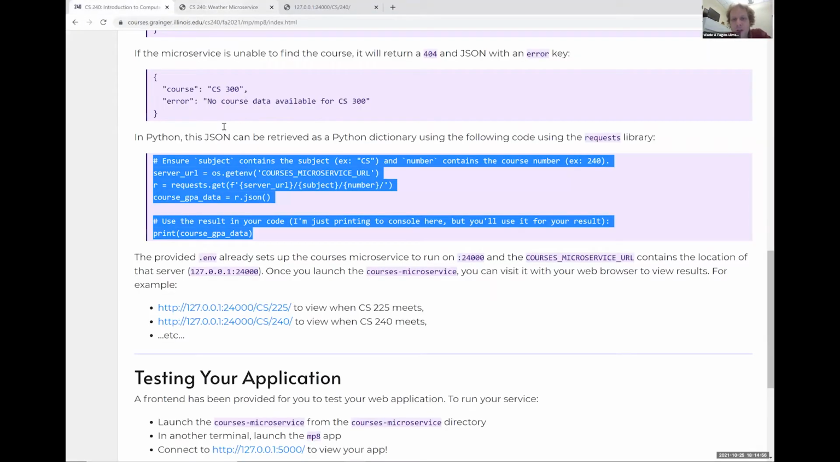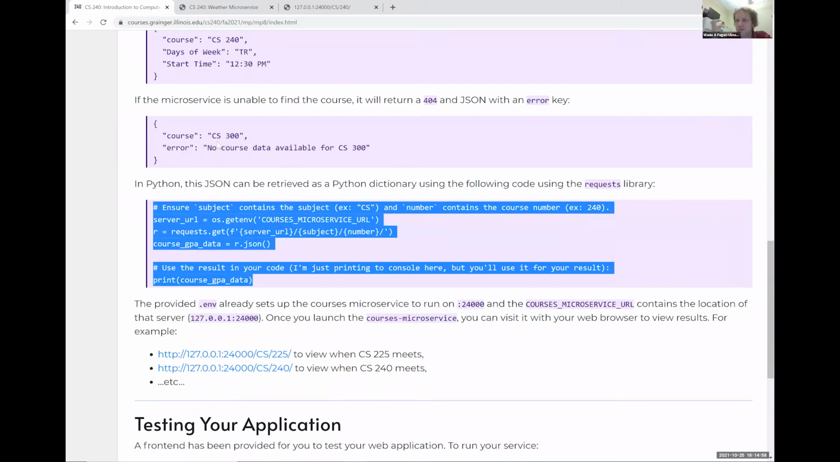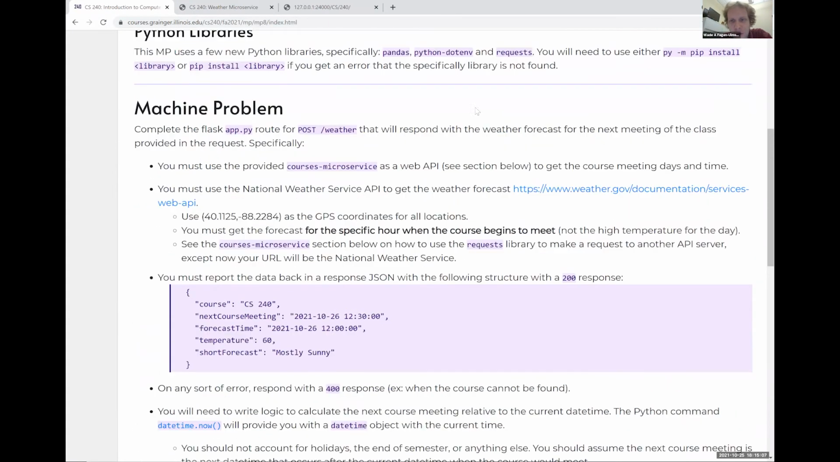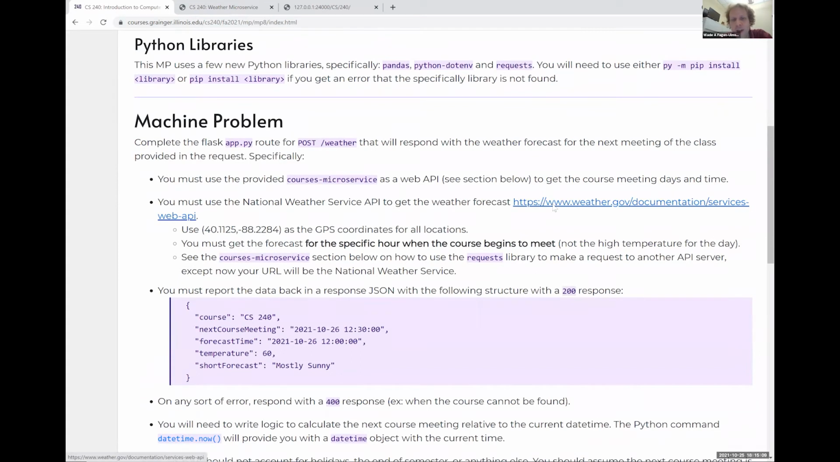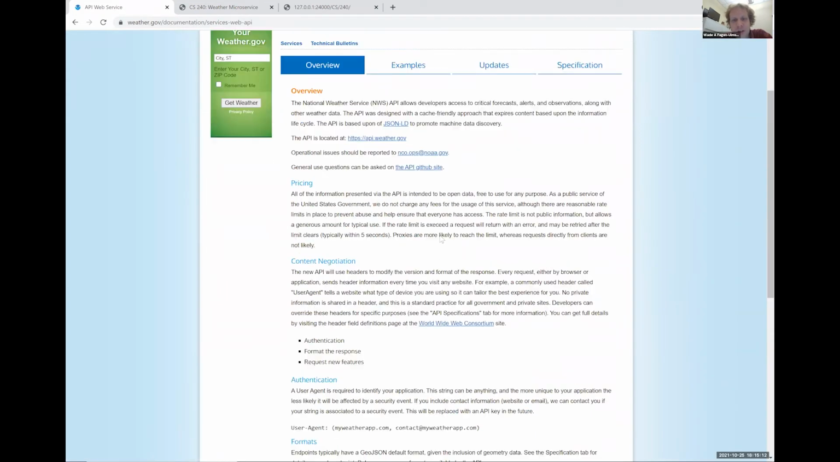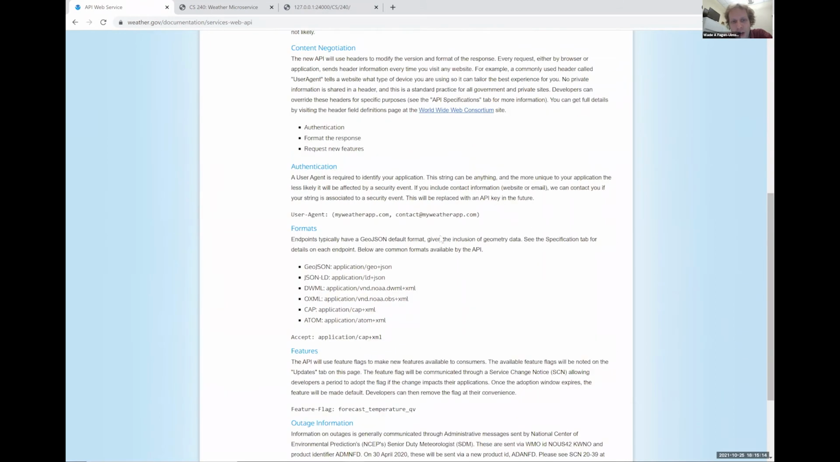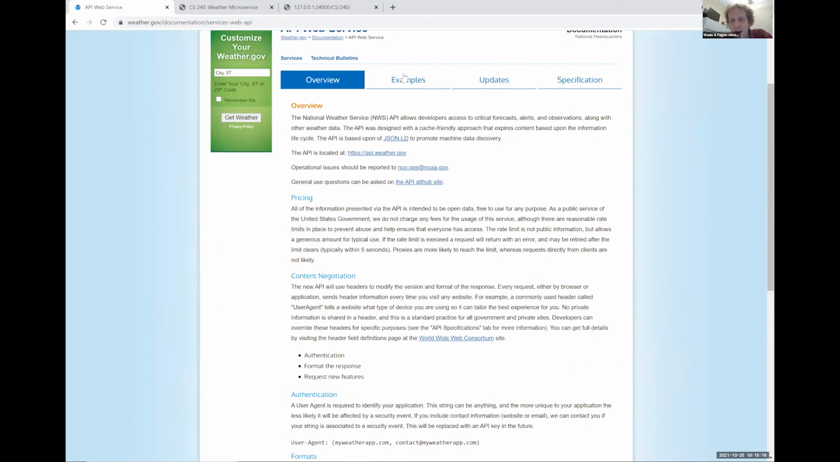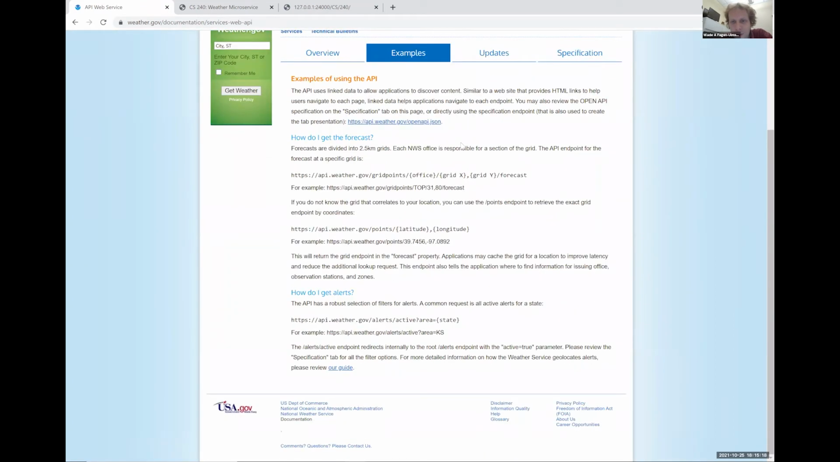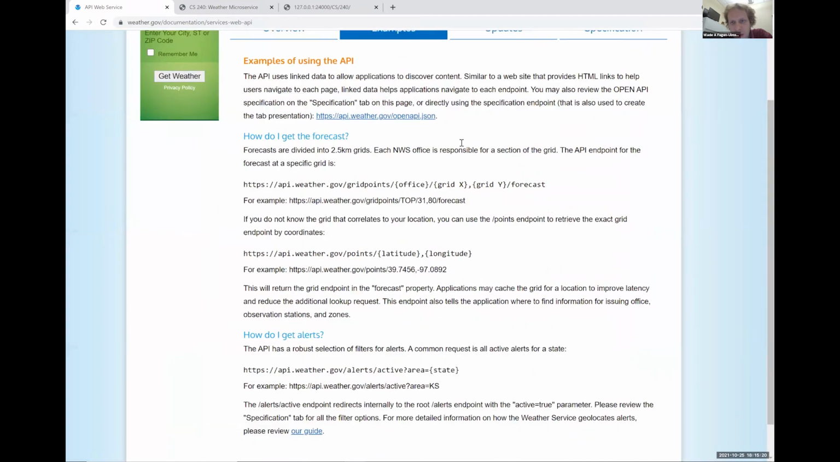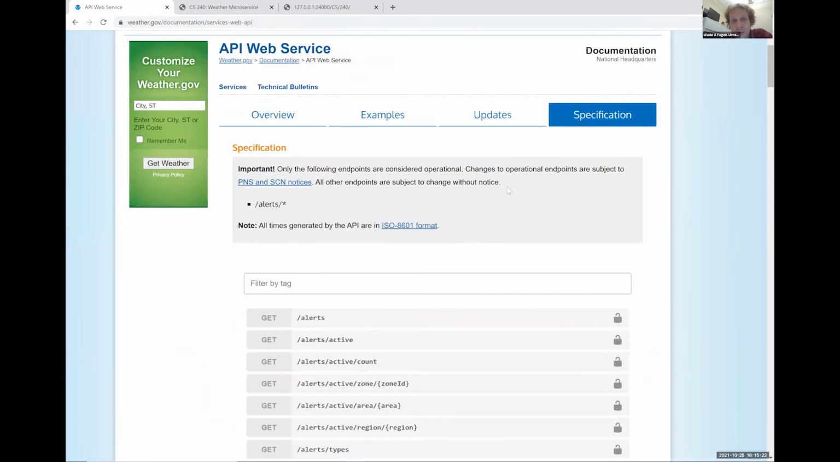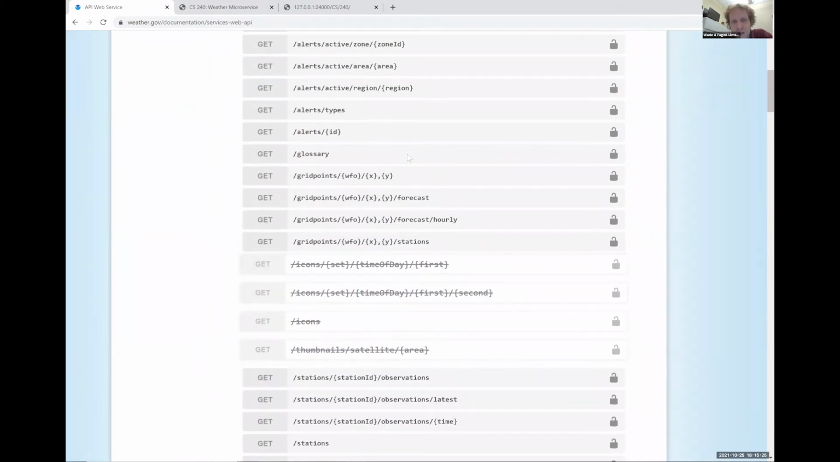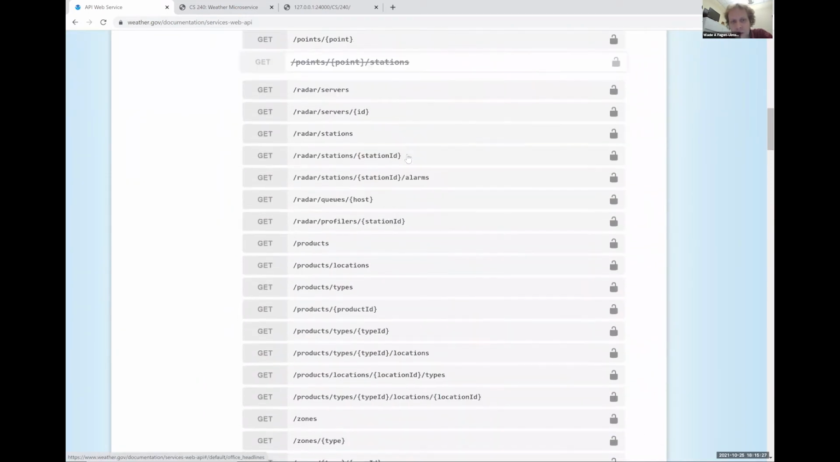What I really want you to do is first understand how these microservices work together. The fact you have to launch both these microservices, you have to have both of these things running. The second piece that you're going to work on is you're going to have to get the weather data from the National Weather Service API. The National Weather Service provides a whole bunch of documentation on how to use their API. They provide a number of different examples on how to use the API. They provide the complete API specification of all the different functions that you can use to get data